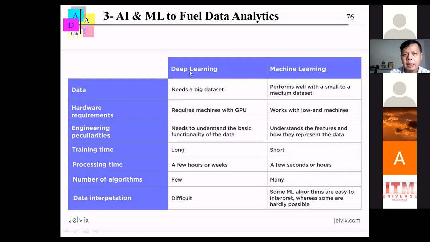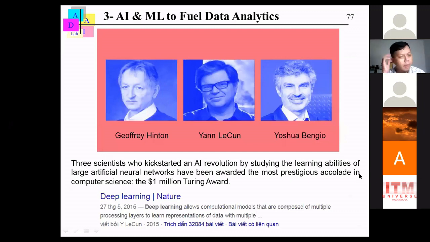Here is a more detailed explanation of the difference. For example, data: deep learning needs big data, and machine learning performs well with small data. For hardware requirements, deep learning needs more powerful machines with GPUs. For training time, deep learning takes a long time. And for interpretation, it is more difficult in deep learning. However, in machine learning, some algorithms are easy to interpret, while others are hardly possible. And in 2019, three scientists